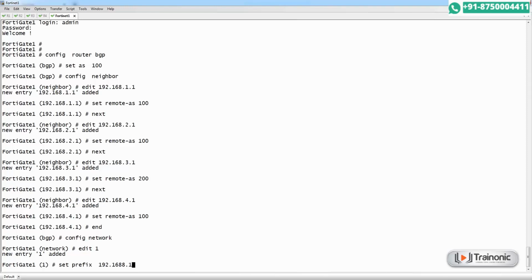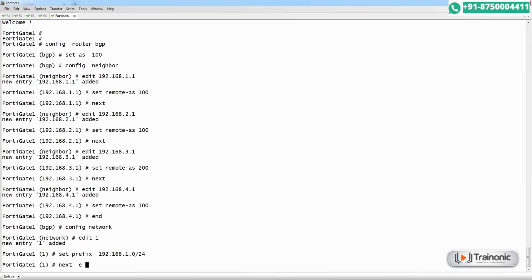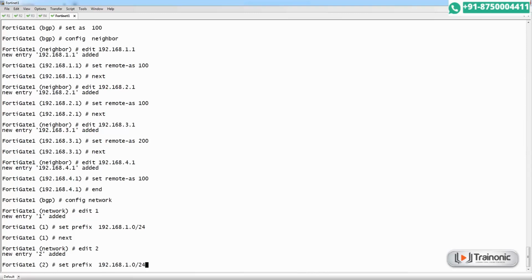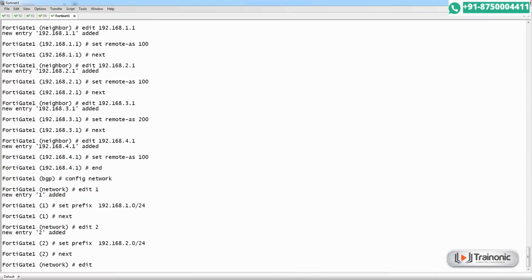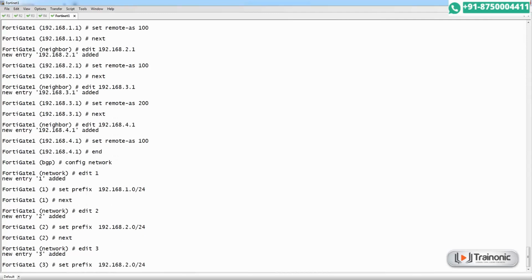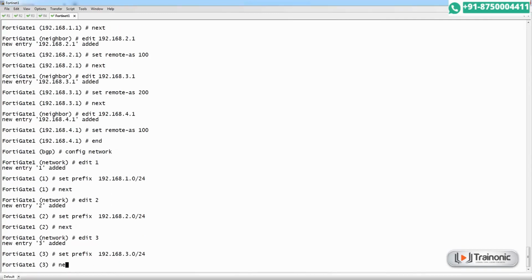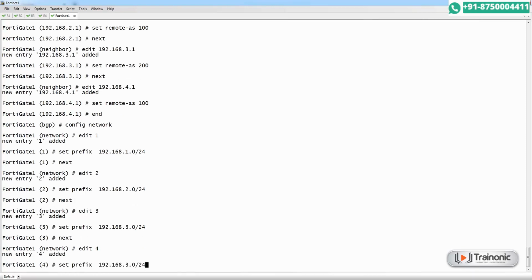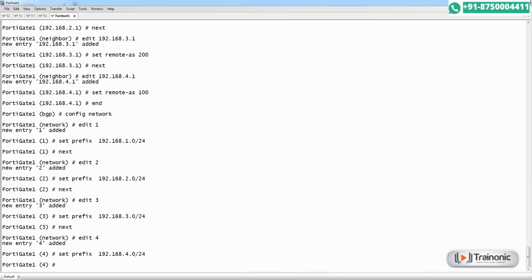Next edit 2, then prefix is 2.0. Next edit 3 and its prefix is 3.0. Next edit 4, which prefix is 4.0. Then end.